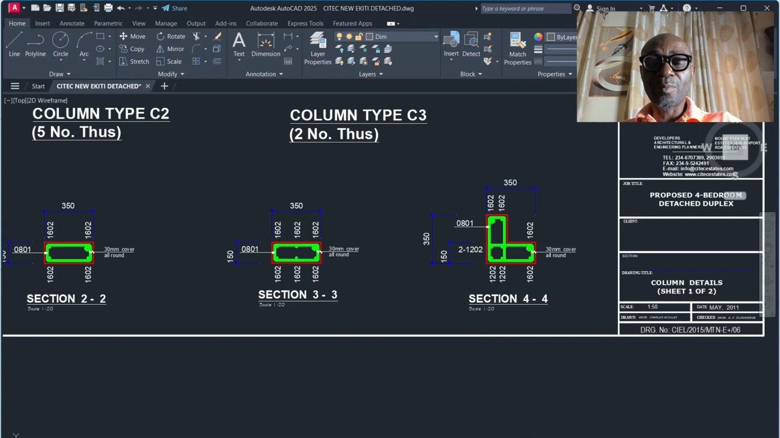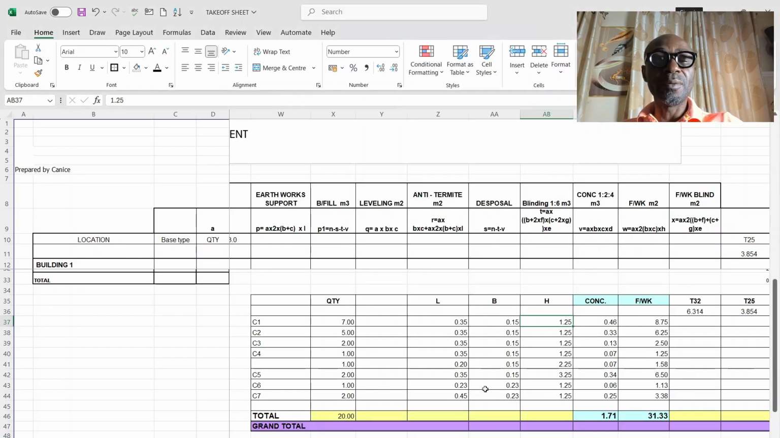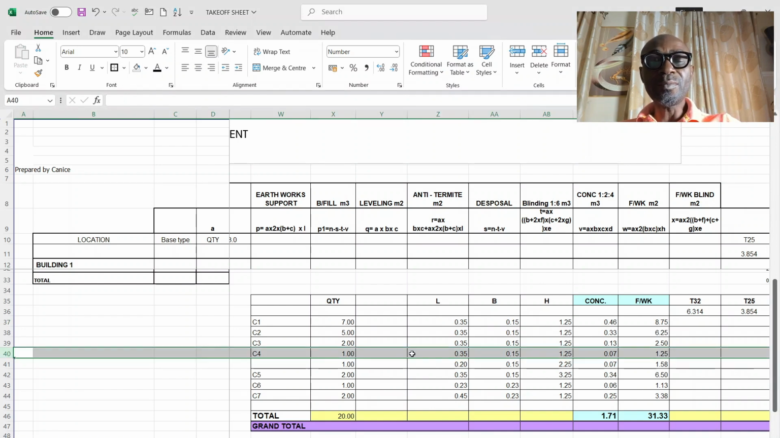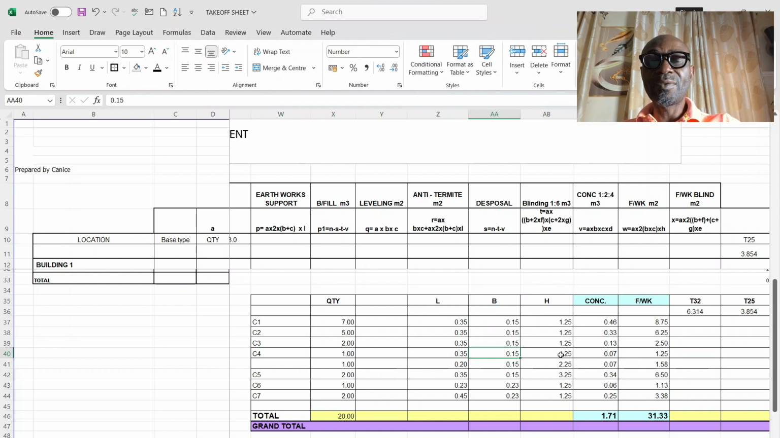So let's go to the bill. So now, it is column 4. That's why you see I have 350 by 150 by the depth, then I now have the other angle, which is number 2. You have 350 minus 150 times this, which gives me this. Then when we come to the formula for the formwork, the formula will not be this again. The formula will now be